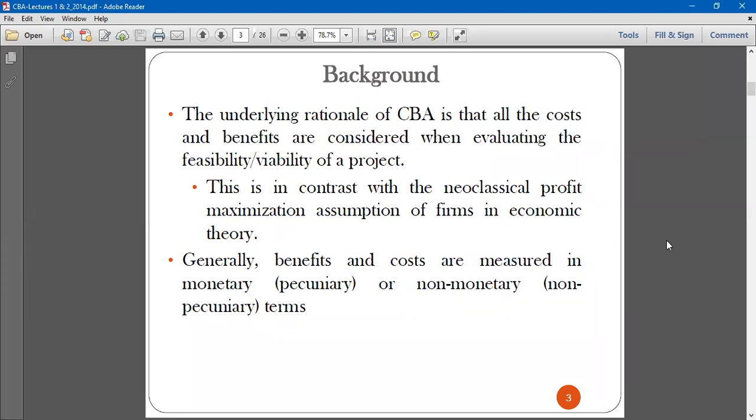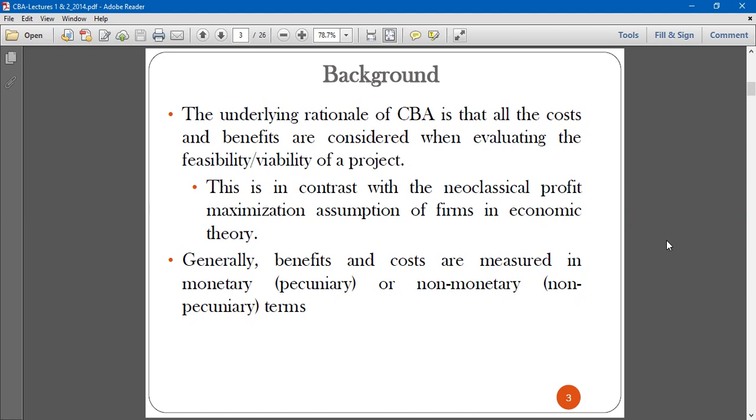Now, when we are talking about public projects, it's not like how firms try to maximize their profit. If you're a private firm, your aim is just to maximize your profit. So you just compare your private benefit to your private cost. If your private benefit is more than your cost, then it pays for you to produce. But when you come to public projects, it's not just about your personal cost, it's about the entire society. Okay, so we have to consider all the externalities,